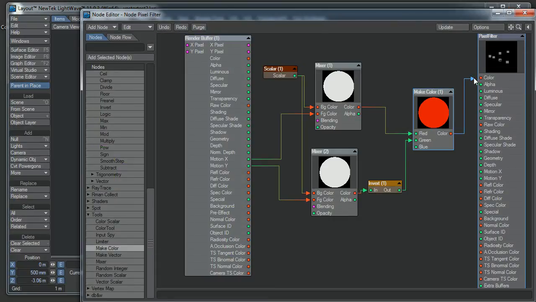However, I can plug this into any of these other channels in here that are red. The red dot means it's a color input, so it has red, green, blue inputs. The other ones, the green ones, are just a grayscale value. So I could plug this into the radiosity color or ambient occlusion color or any of these red ones. I'm just going to plug into raw color. I'm not using raw color for anything else at the moment. So now when I render,